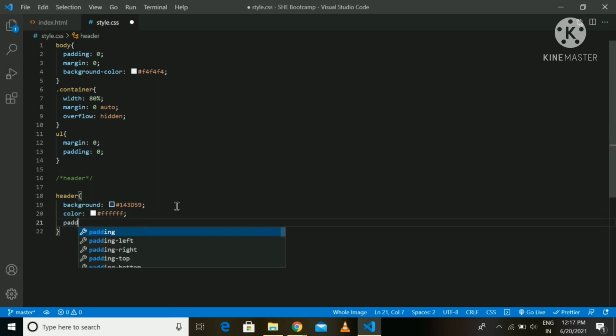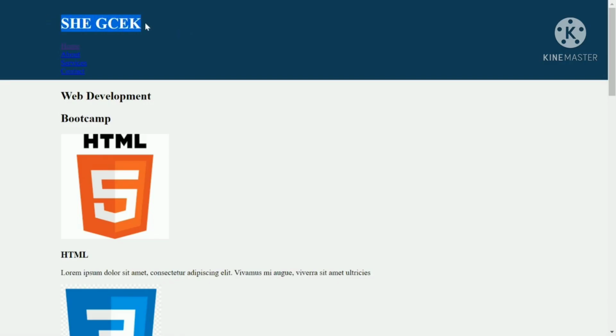Also I am giving some padding, 10 pixel from the top and bottom, 0 from the left and right. Now the color of the logo has changed to white and also there is some padding from the top and